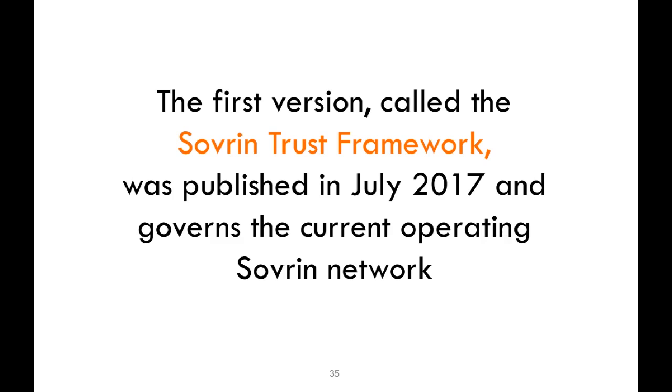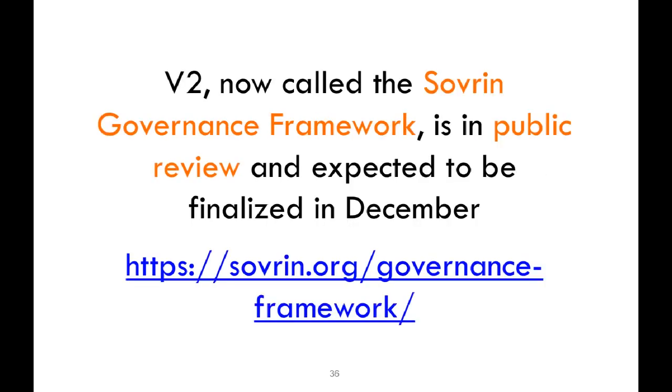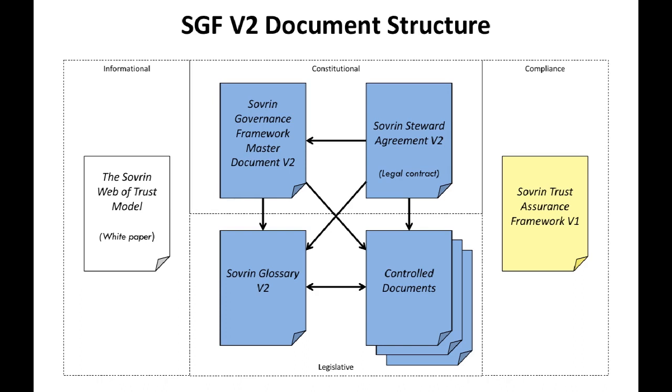At the same time, we've just reached the public review period for the second generation trust framework. That working group has been developing it for the last year, and that's the address. You can also Google Sovrin Governance Framework, and it'll take you right there. You can see all the links to 8 Google Docs that represent this. I'm not going to go deep into this, but if you're wondering what the structure of one of these governance frameworks is